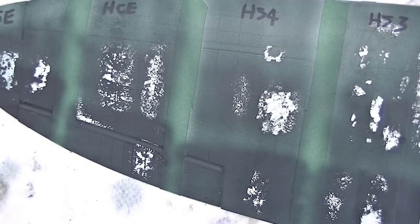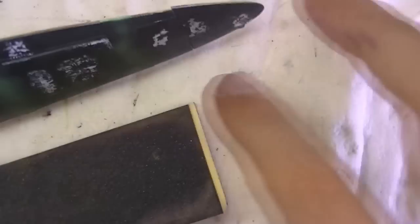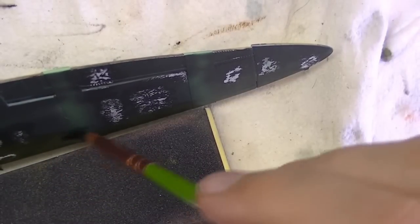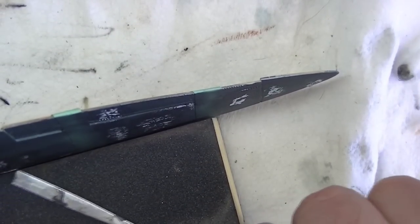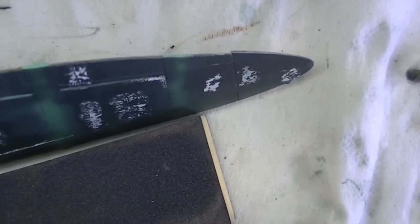Now here's another trick. Let's say you want to create a scratch that might happen on the side of a vehicle as it's traveling through the forest. It rubs up against a tree trunk or something, and gets a bunch of paint scratched off. So what you do is apply water to the area you want to work on, and then you get your tool here and use something as a guide so that you get a straight line. I'm not necessarily doing a great job of it, but you get the idea. Start with a straight line like that,